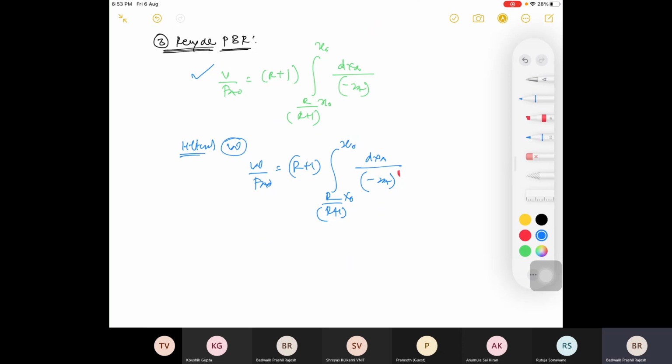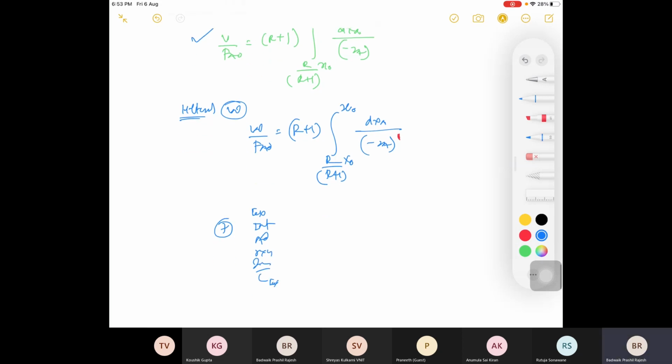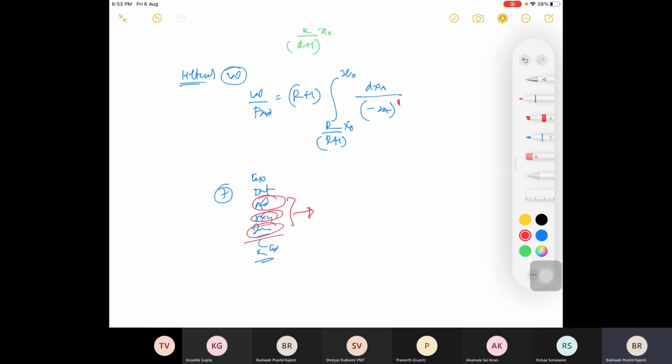how your adsorption, reaction, and desorption work. Three steps are there out of 7. The 7 steps I told you: external diffusion, internal diffusion, then adsorption, reaction, desorption, and then reverse external diffusion. Out of this, I will cover adsorption, reaction, and desorption. These 3 are important, and there is a portion on GATE. For 2 marks the question has been asked, so I'll cover these 3.